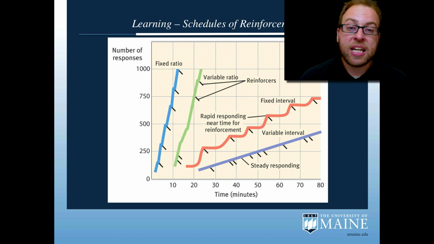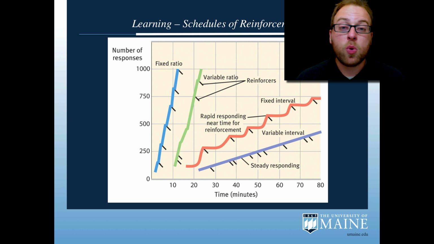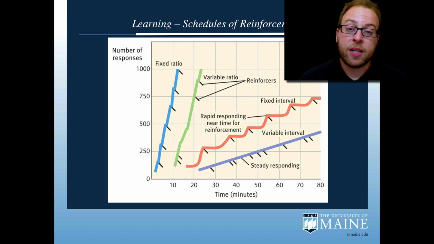Once you understand how reinforcement works through the application of positive and negative reinforcement, you can understand how varying the schedules of that reinforcement can influence behavior in different ways. This is one of the most fascinating things about operant conditioning to me, is the ways in which we can vary the reinforcement structure and how much of an enormous impact that can have on human and other animal behavior.